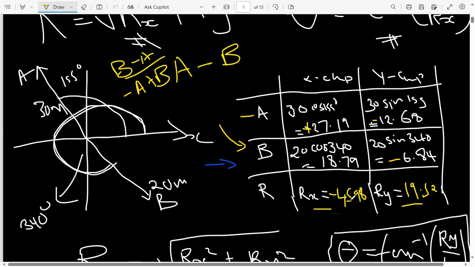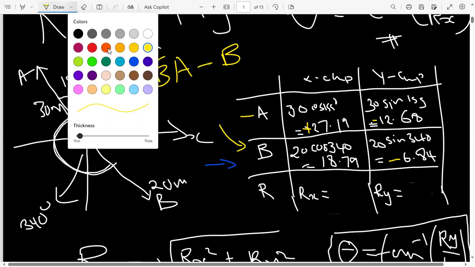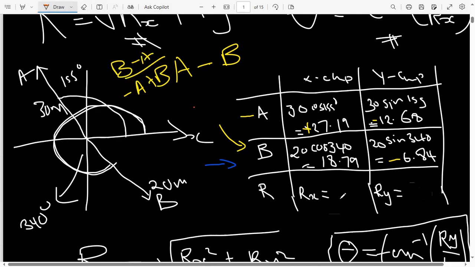Okay, so for the b minus a, it means we can rub this and put the one for b minus a. Okay, so for b minus a now, it will be the following. So you just get your calculator and then you add. Okay, so the first one will be that minus 27 now is a positive, okay, because we have added this negative. So it will be positive